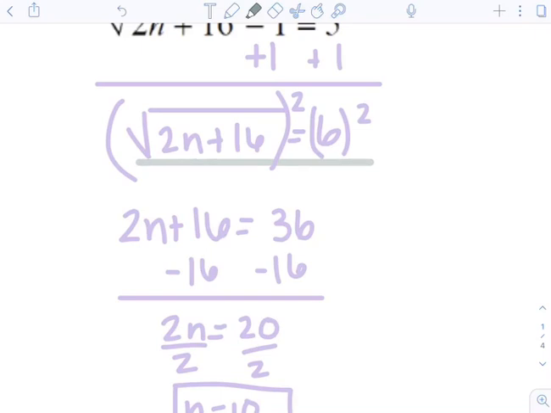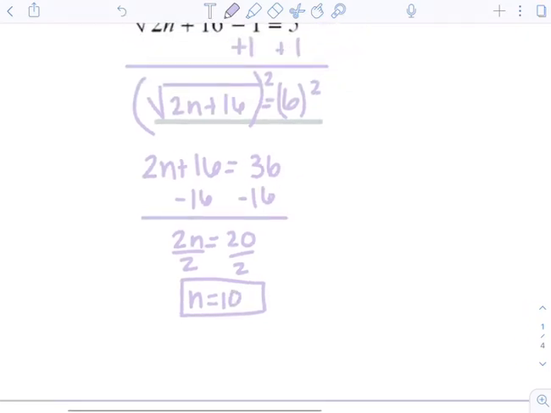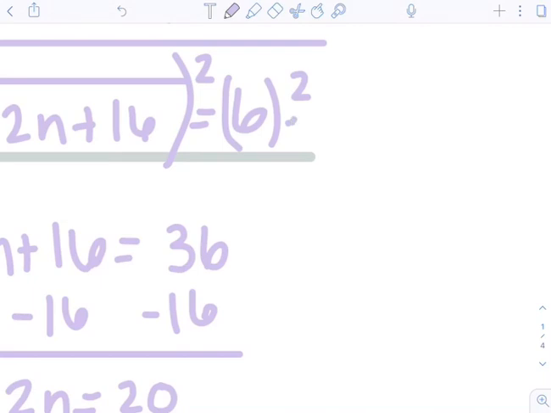got your square root by itself. There's no variable on this side of the equation, so no matter what, my radical is going to equal a positive number, which means that my answer is going to work no matter what. So I don't even have to plug in 10 for n and figure it all out. I already know nothing's going to change. This is always going to stay positive because there's no variable on this side to plug into, so my answer